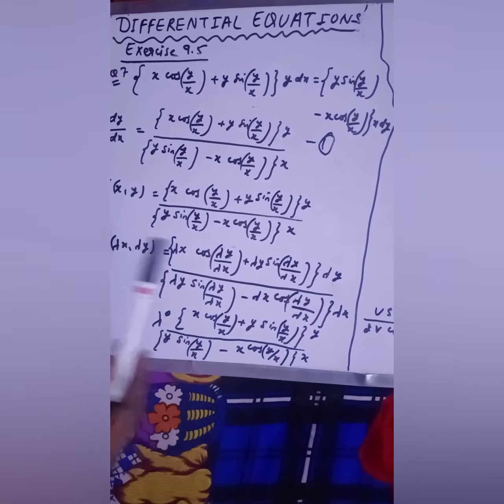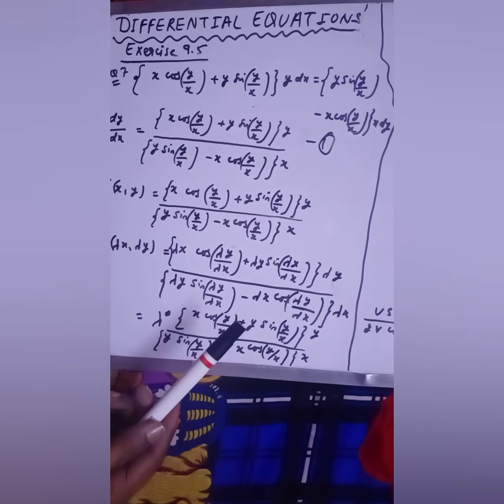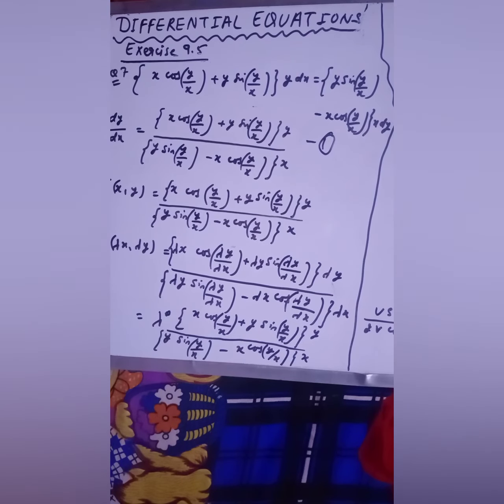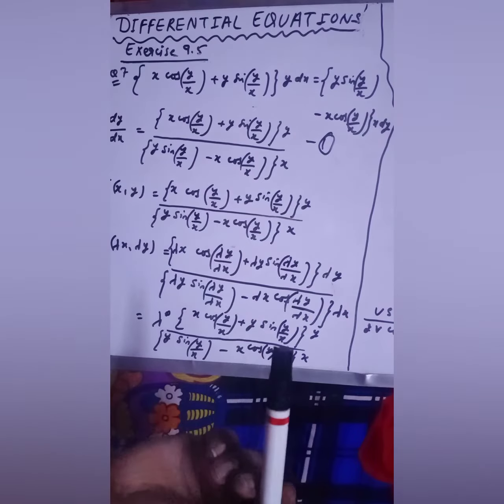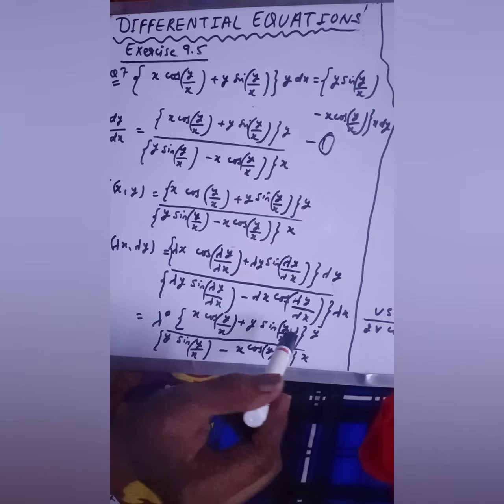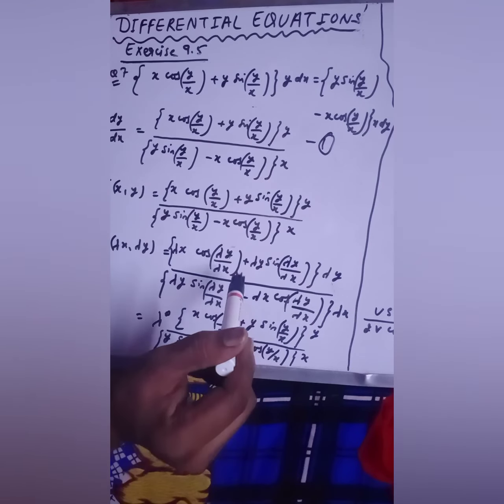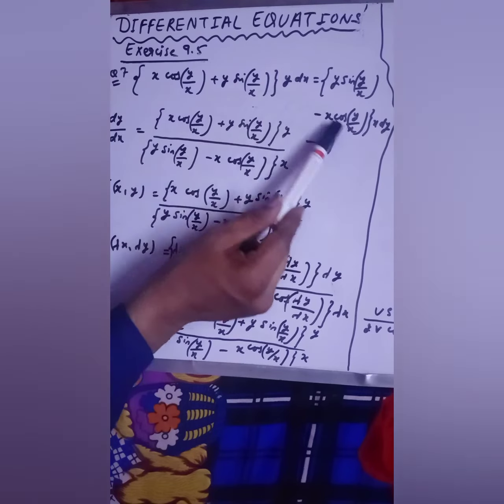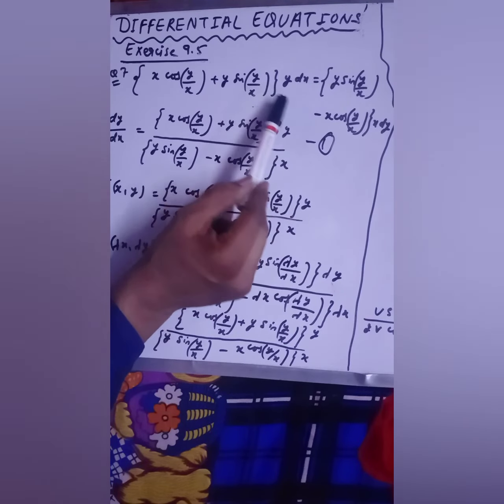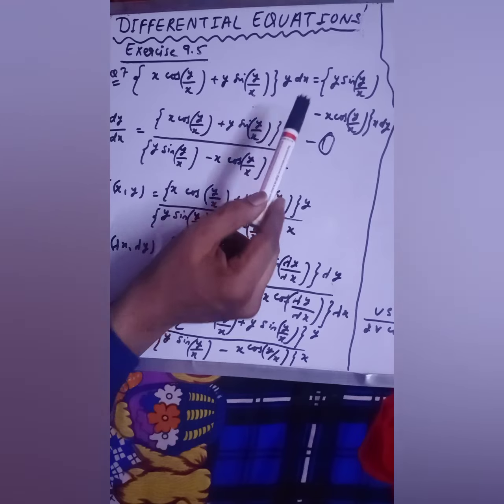Now see children, I have solved the question number 7. Okay, so this is a little bit lengthy question, a little bit difficult as compared to other questions of this exercise. So this question is given to you. In the first step you have to find out dy by dx.